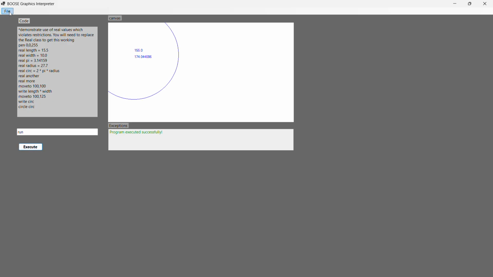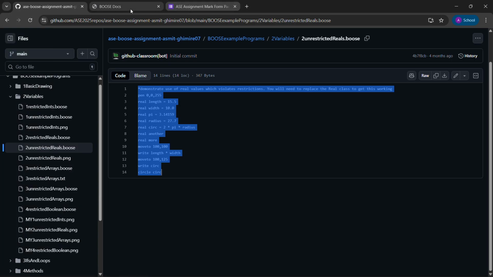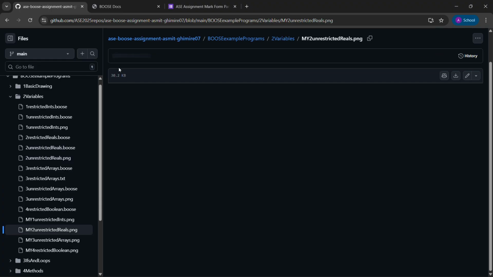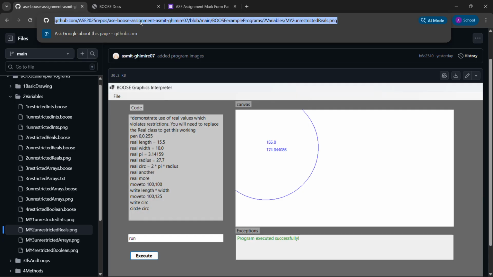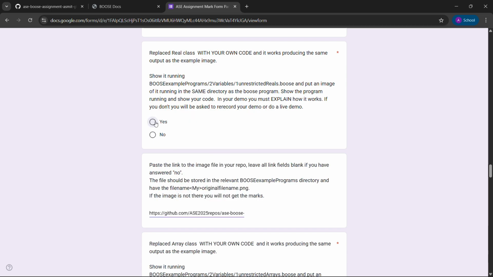As you can see, unrestricted real is running as expected. And now I will copy the link to the image and paste it over here. Yes, I have run it.